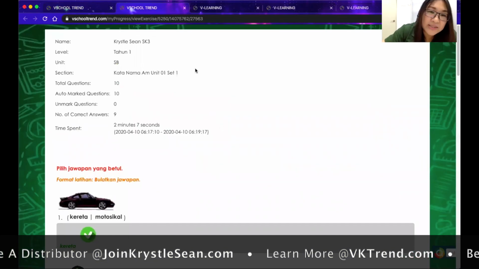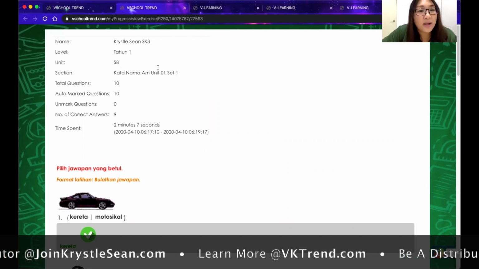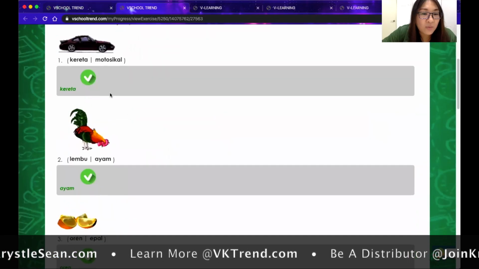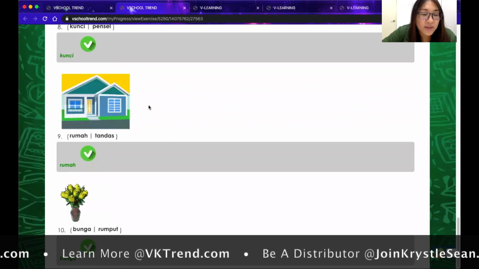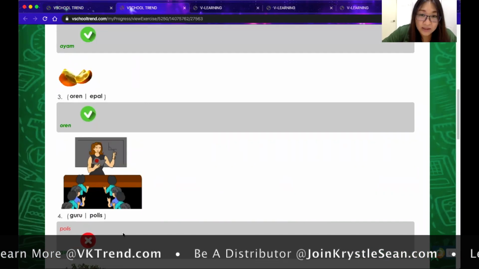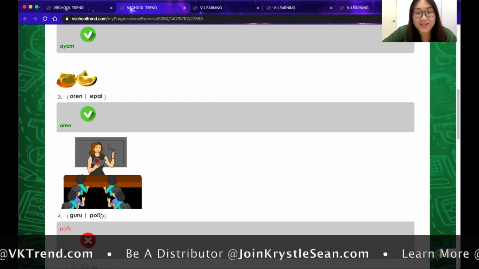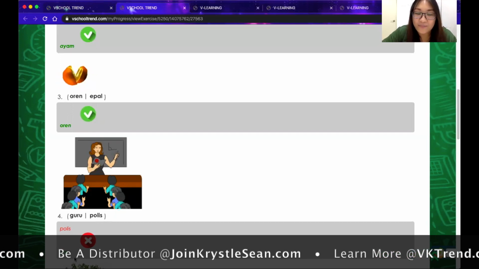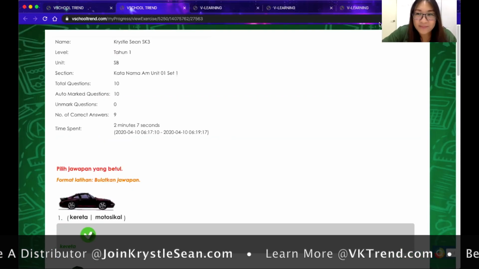So this is how a detailed report card will look like. So you can see the child's name, what level, the time, and everything, and what's correct and what's wrong. So everything is already recorded here, and from here I know that the child actually selected the wrong answer. So the child cannot run away, okay? So if they keep on choosing the wrong answer again and again, you can see it multiple times over here. So this is the report card.